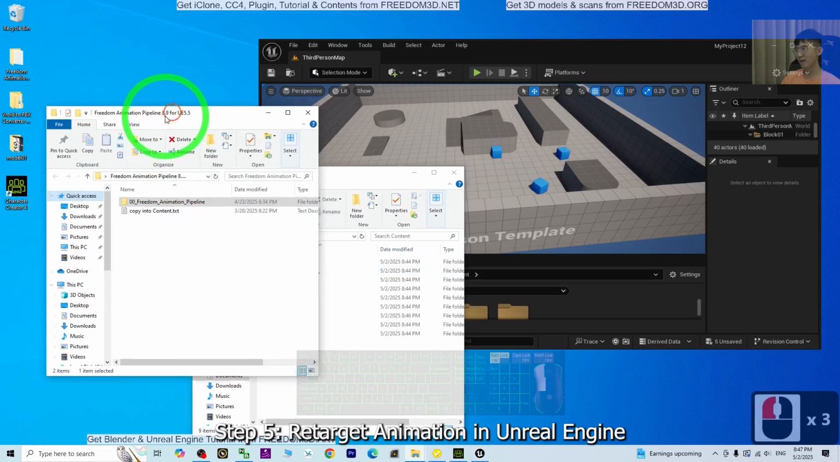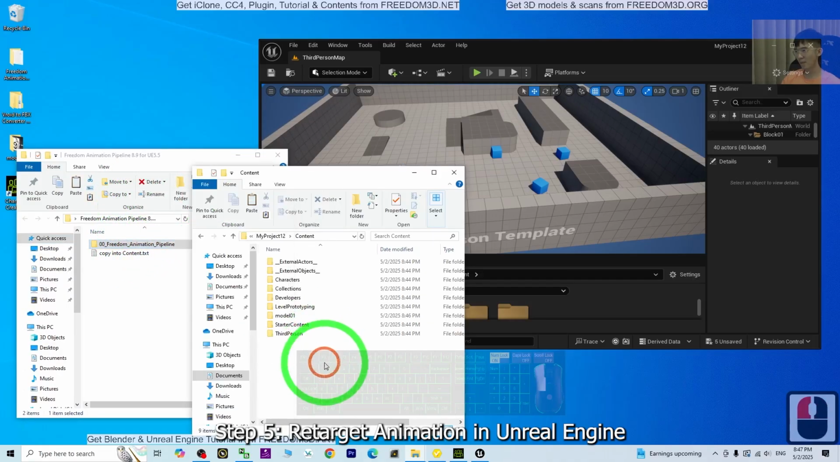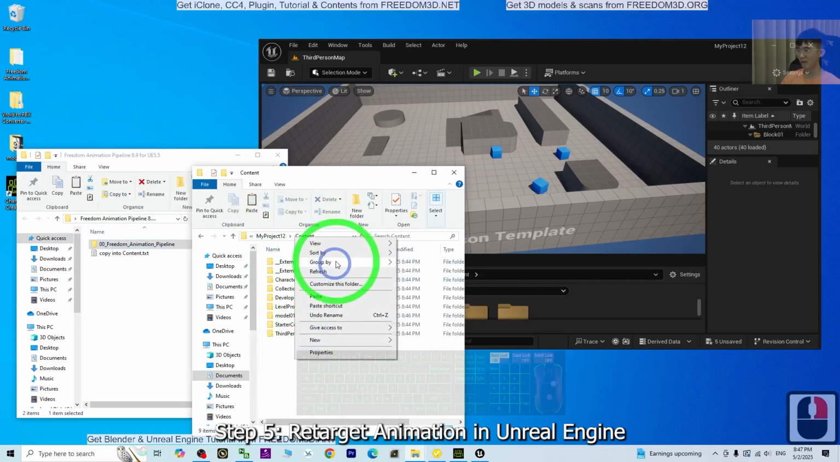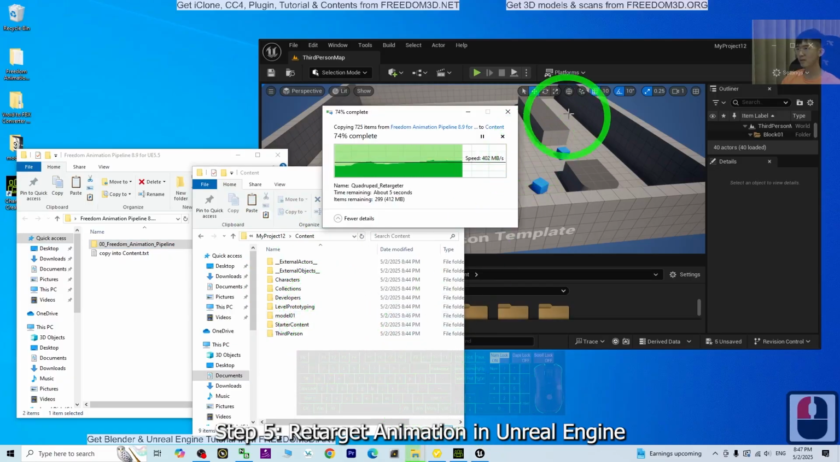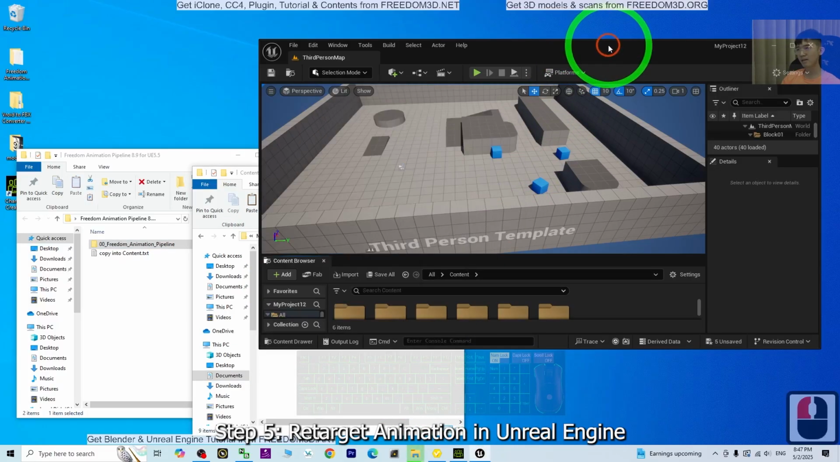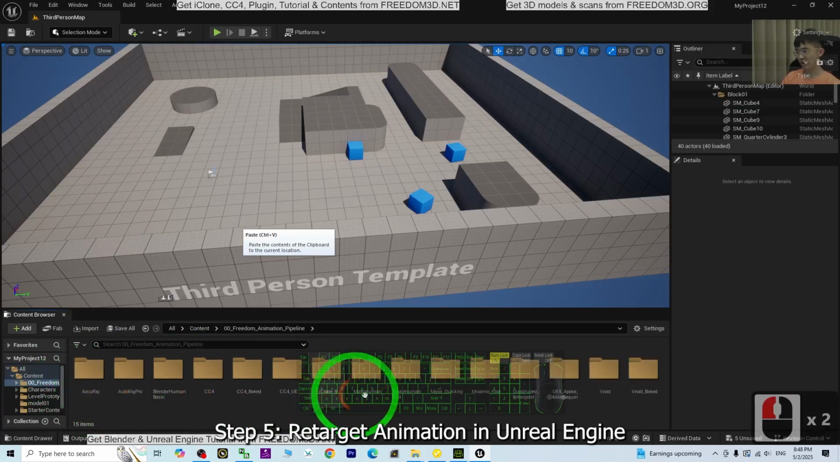and then back to the Freedom Animation Pipeline. Just copy this and paste into your content folder. Right click, paste. Then back to the Unreal Engine 5. This Freedom Animation Pipeline is a plugin. You can see it already successfully installed here. It is really easy. So next what we need is just go in until you can see the VRoid,